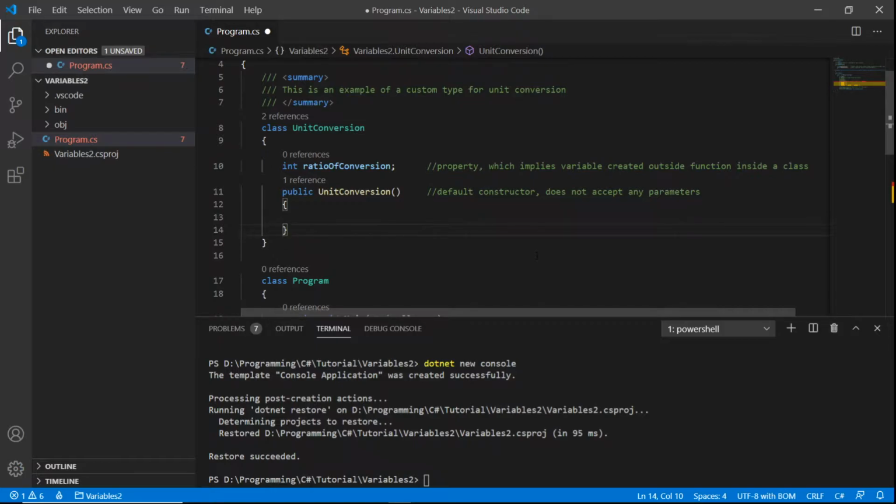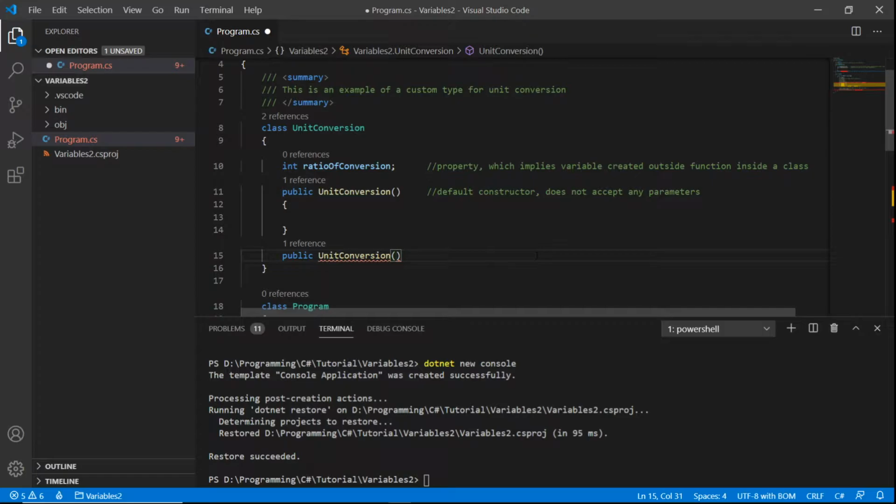We need to be able to receive data. So you use something called an overload constructor. You do the same thing, public unit conversion, but this time you put the means to receive data by